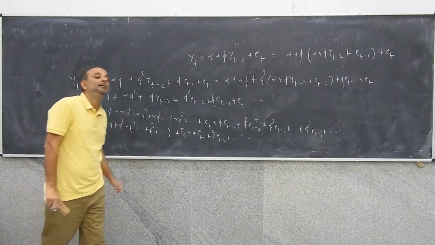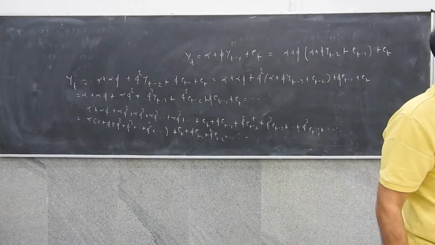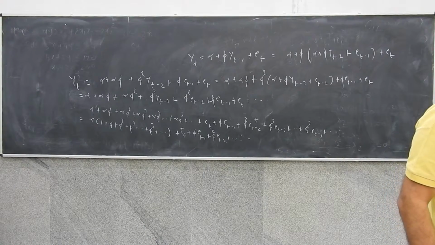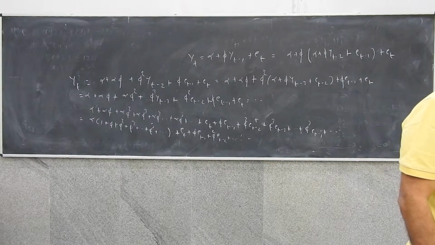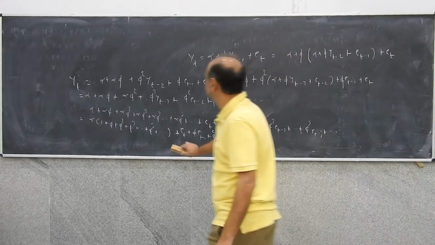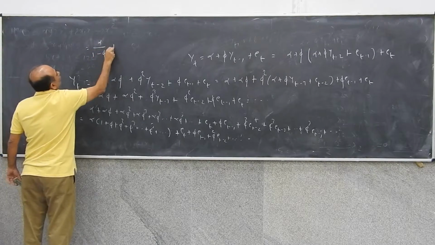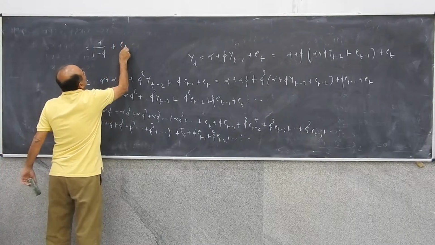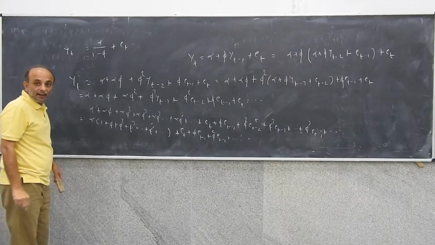Now what is this? This is 1 plus phi square plus phi cube plus phi raised to 4, where the absolute value of phi is less than 1, so it's a geometric series. Right? And what does that converge to? 1 upon 1 minus phi. So as j tends to infinity, this will be written as alpha upon 1 minus phi plus, then, so the essential point is Yt is alpha upon 1 minus phi plus